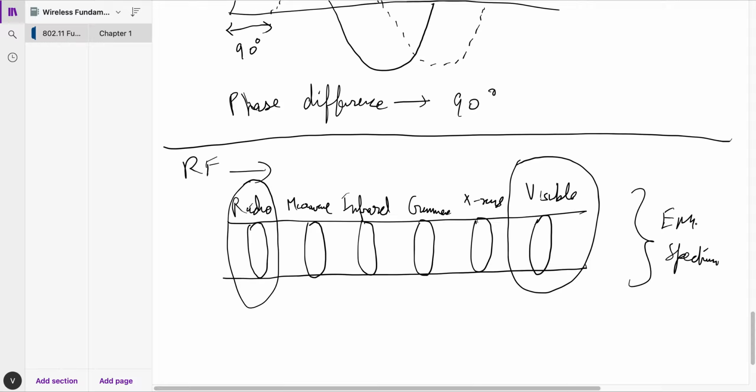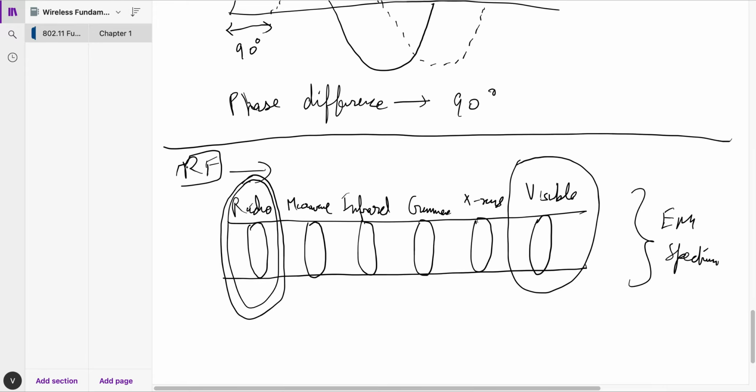So the part of the electromagnetic spectrum which is used for transmission of radio waves is called the radio wave portion here. That's the portion we get to do wireless transmissions on. Okay, and of course this is something which defines what radio frequency is, and this is something which we should know. Just a small portion of the electromagnetic spectrum is what we get to transmit radio signals on. Okay, cool. So that was the concept of radio frequency.